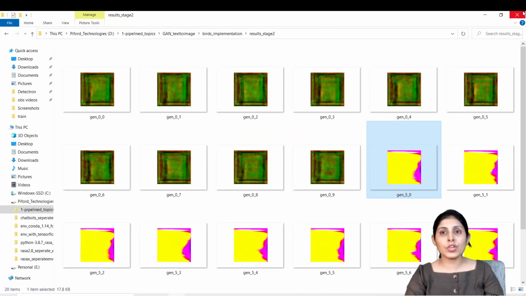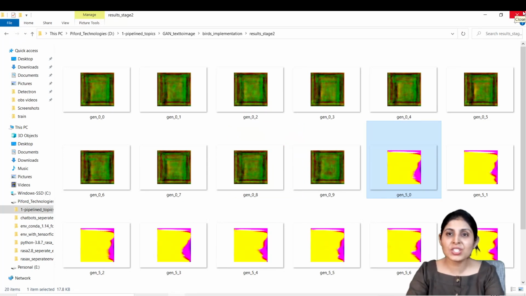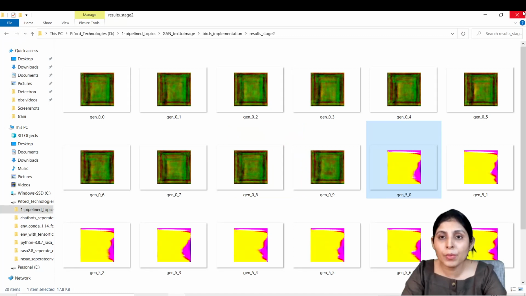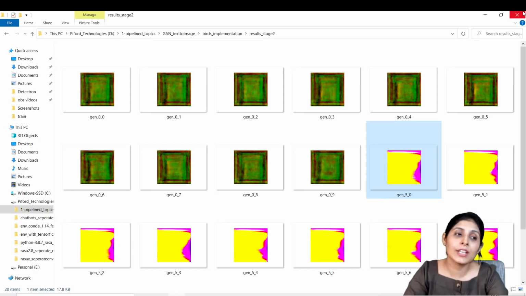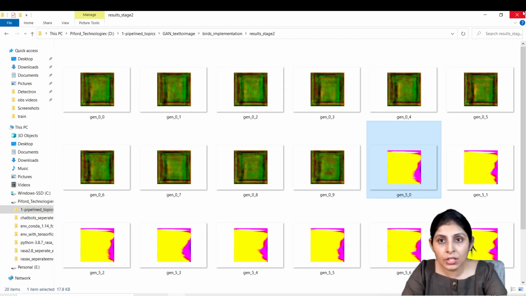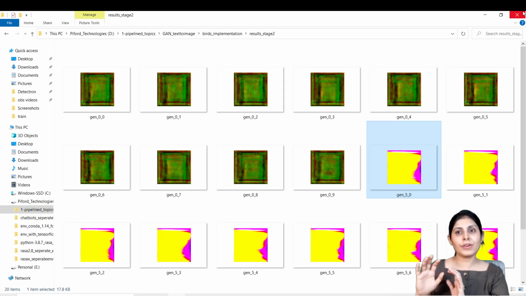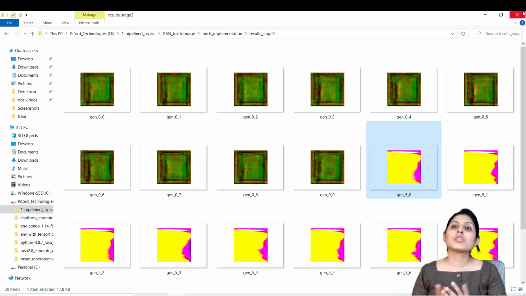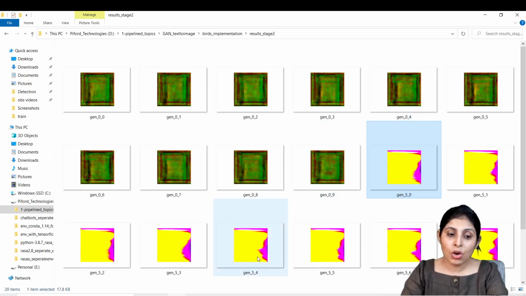As I've told you, I stopped the process in between, so we are not getting sensible results right now. But when you train your algorithm for around 300 epochs, you will get good results, right? You will get images conditioned by your text. So as our text is that the car is of red color, you will get a proper image of a car with a red color. Why are we not getting proper results? Because we have trained our algorithm on very little data, and I've just trained it for 5 or 6 epochs.